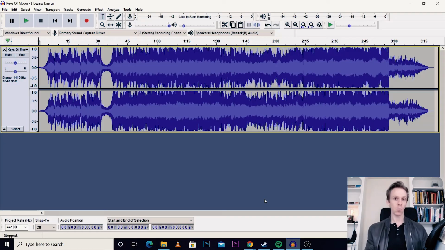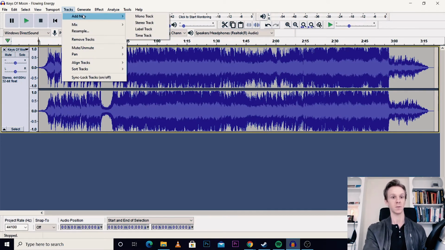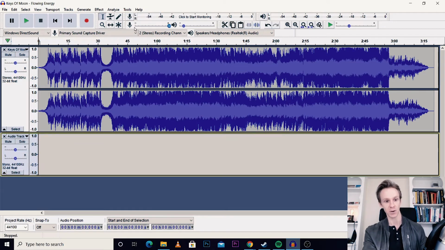So the next step, once you have your audio files downloaded, you want to use the software which you've got. So in this instance, I'm using Audacity, and I've already downloaded an audio file for free off one of those websites. And you can see that it's already in there dragged in. So the next thing from here, you want to actually create a new track. Depending on what software you're using, it's going to be slightly different. So here I'm just going to add a mono track.